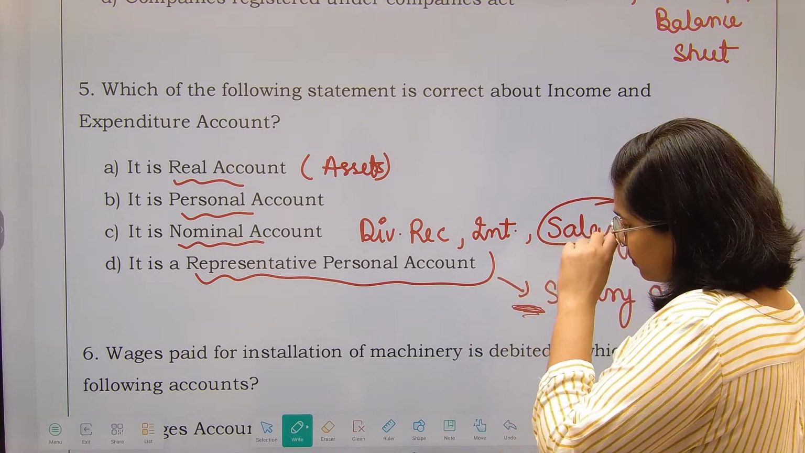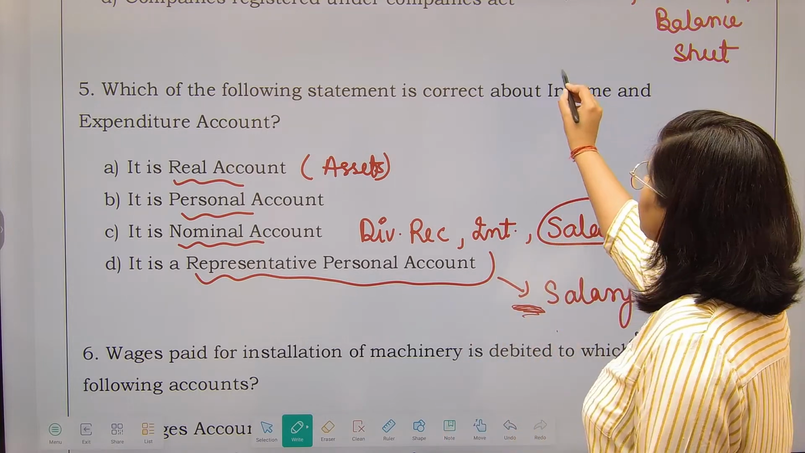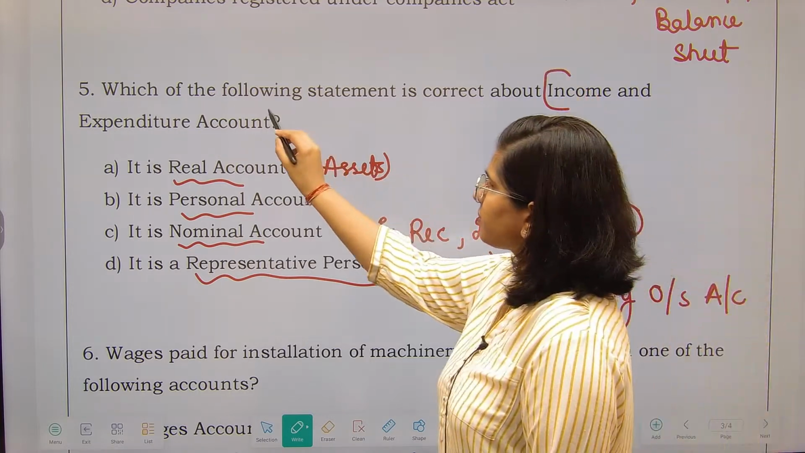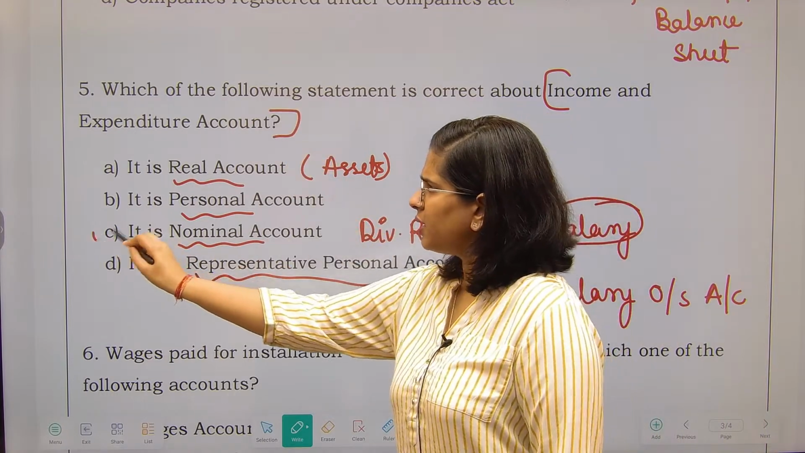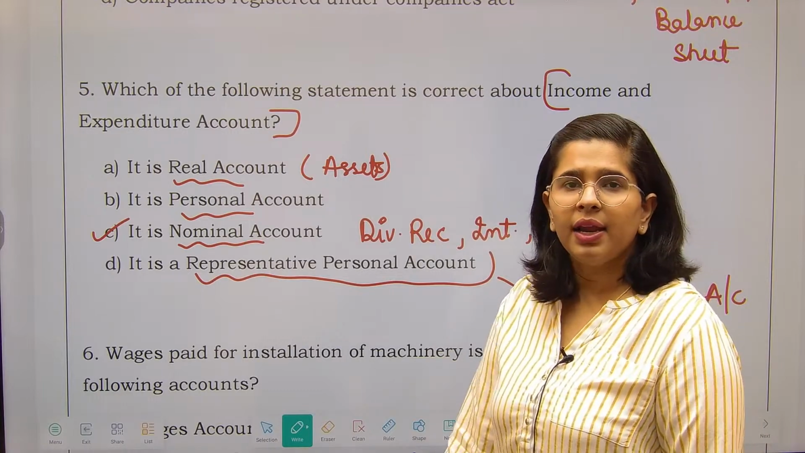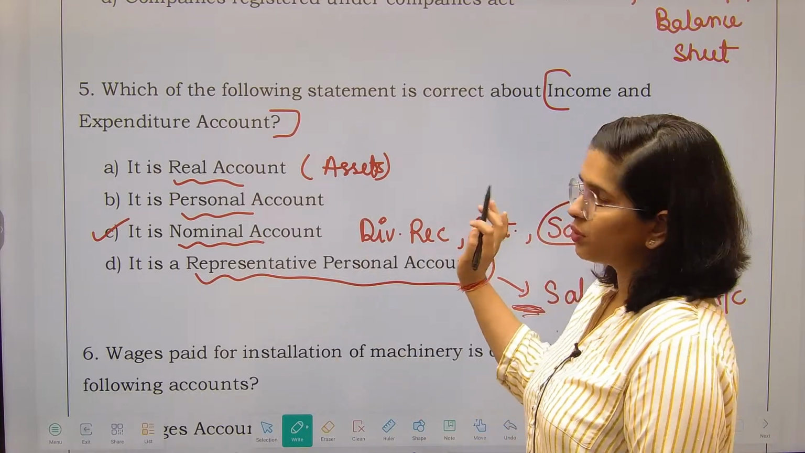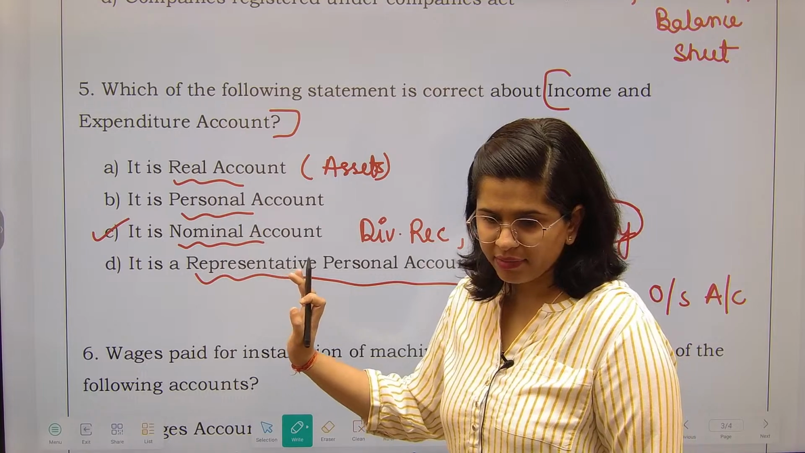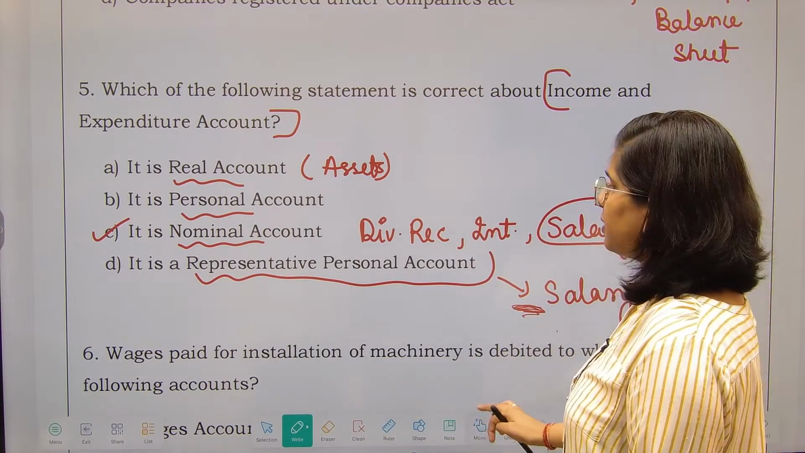Fine. So the income and expenditure account, it is a nominal account. Fine. It is a nominal account. I have already told you the discussion on it. We have discussed it. Now next is